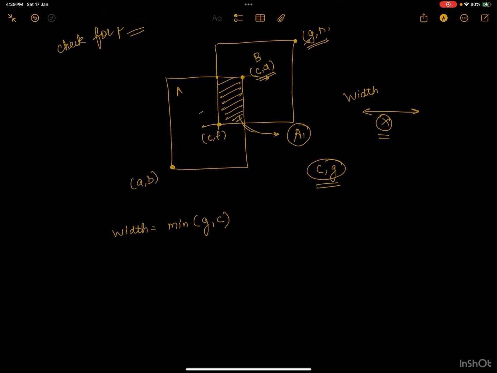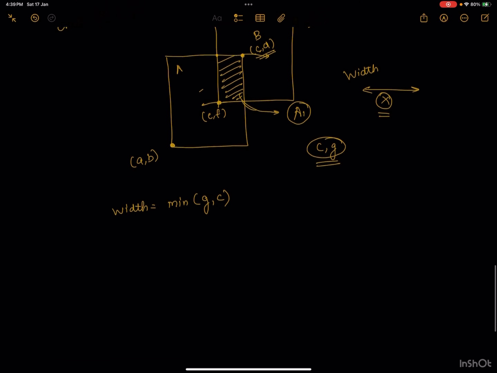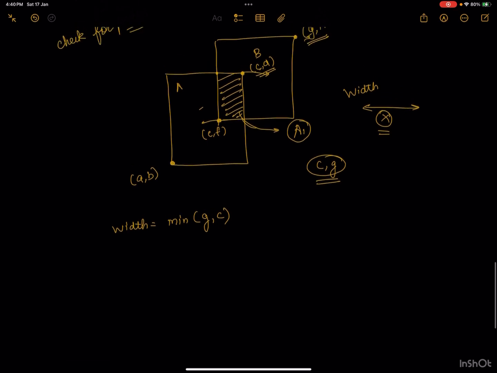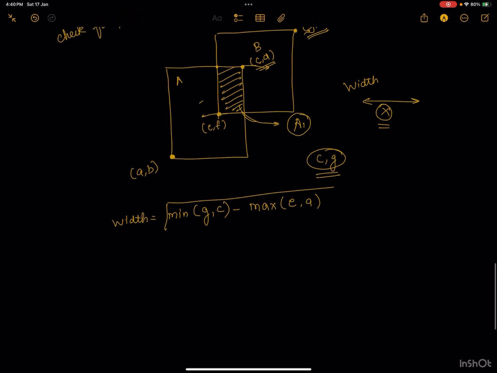We have E comma F as the bottom left of B, and we have the bottom left of A. Since it's an intersecting area, one of these coordinates would be ahead. In that scenario, we will just do max of E comma A. So this would help us to find the width of the intersecting area,